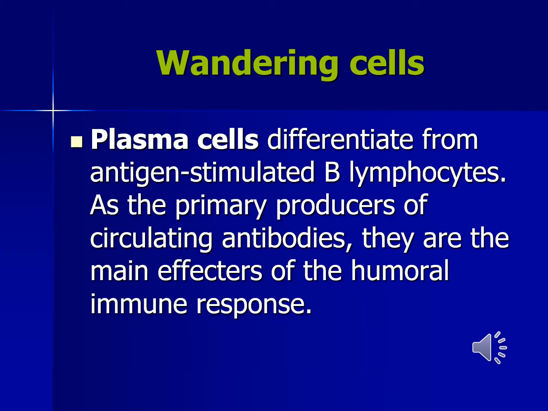The next type of wandering cells is plasma cells. Plasma cells form from B lymphocytes, and the main function of the plasma cell is production of antibodies. The plasma cell is formed after antigen-dependent differentiation, and in this process the T helper cell is very active. The T helper cell helps B lymphocytes form specific B immunoblasts, and the B immunoblasts then differentiate and form